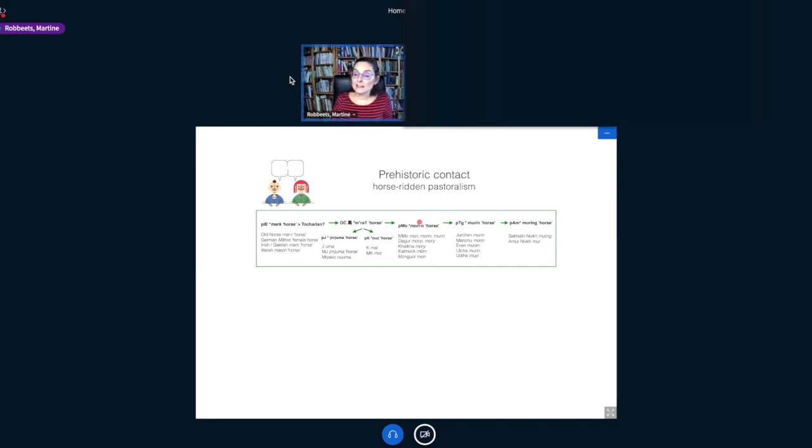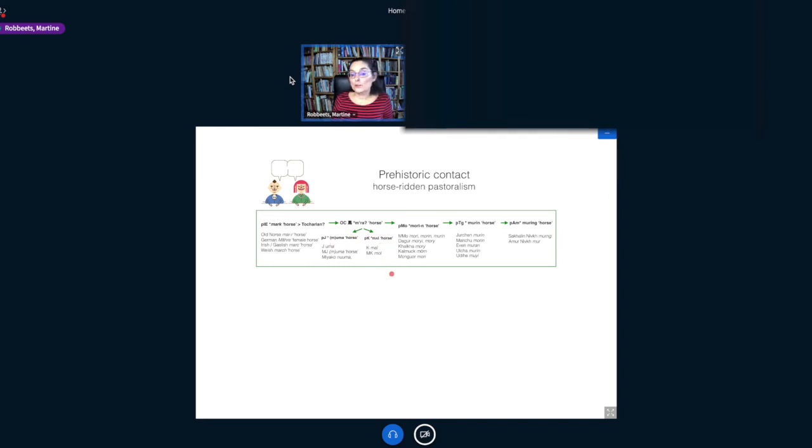It enters the eastern steppe here in Mongolic, where it's borrowed as mori, and Mongolic then adds a native suffix n, a singularative suffix n to the word. And the complex word in Mongolic is then borrowed as Tungusic murin and goes further in non-Trans-Eurasian languages like Amuric, Nivkh, where it is muring. So the Chinese word also gets borrowed separately in Japanese as uma or muma horse, and in Korean as mal